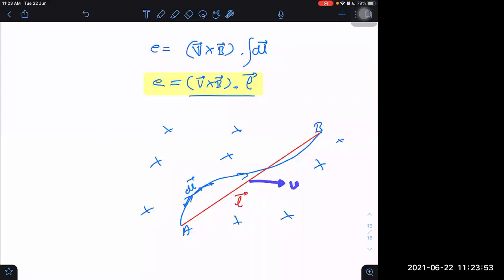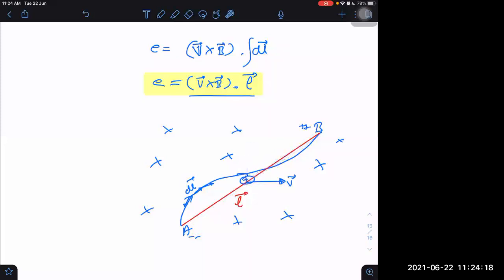If velocity is this side, let us check once. Yes, it is right. If velocity is this side, then V cross B: B will become positive and A will become negative. Why? Because if I have a positive charge here, and due to V cross B, the force on this positive charge will be upwards. Obviously, it cannot go upwards because the wire is this side only. But the force will be upwards. So it will finally go in this direction.